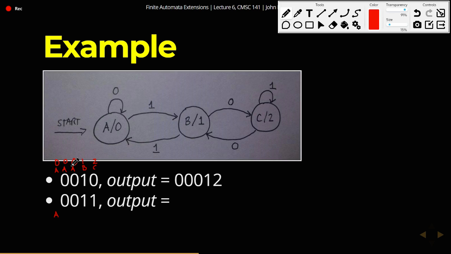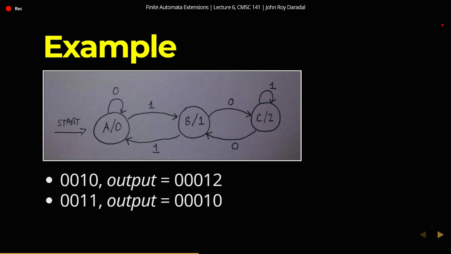Okay, and then last, let's see this example. At state A, we'll immediately output 0. Now, A on 0, still A, still 0, same here. And then A on 1 will go to B with output of 1. And then B on 1 will go back to A and output 0. So your output is 00010. Okay, so that is how you process the input string for your Moore machines. Every time you land on a state, you output the output symbol associated with that state.